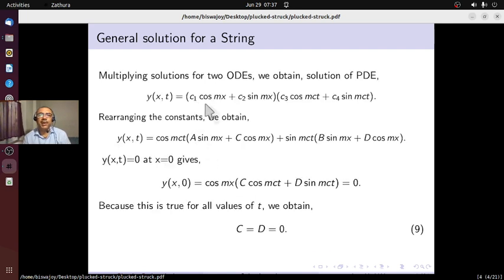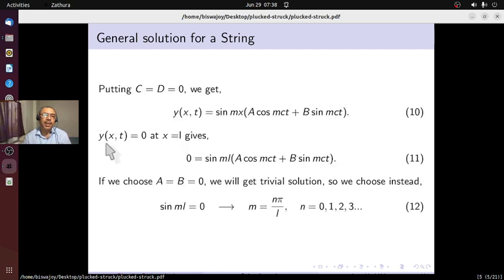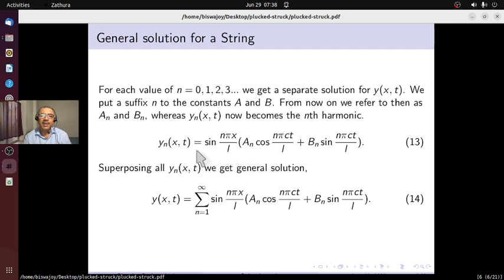So here we have multiplied these two solutions, X(x) and T(t). And then we can rearrange these constants and put the boundary condition that the displacement will be 0 at x equal to 0. Displacement will be 0 at x equal to L. Then the solution can be written as y(x,t) equal to sin(n pi x by L) [a cos(n pi ct by L) + b sin(n pi ct by